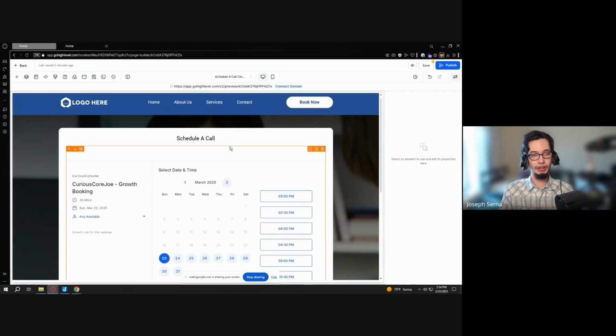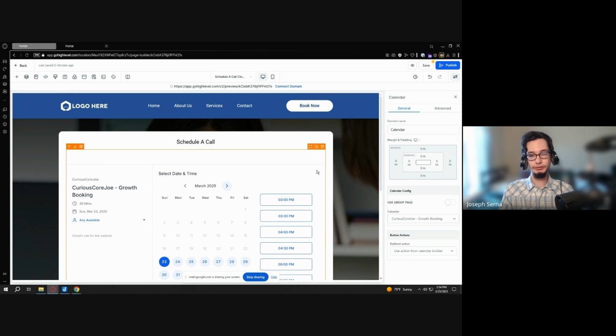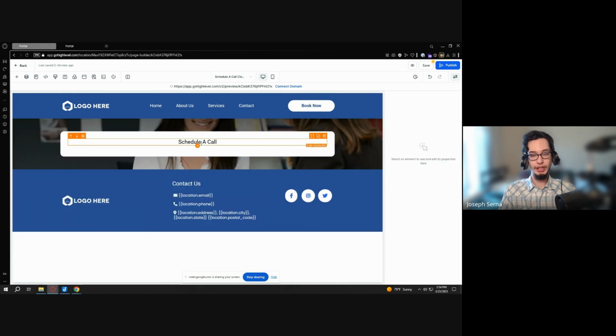Go back to your website editor. And instead of having that bar that we clicked, we're going to delete it. And we're going to hover over where it says sub headline. So pretty much we're going to add an element right below that thing that says schedule a call. So make sure that the sub headline box is highlighted. We're going to click the plus,